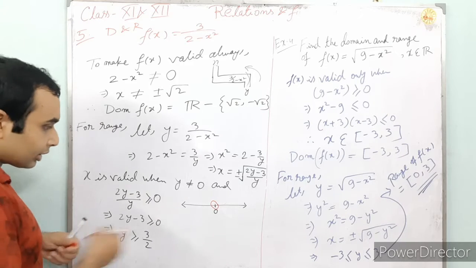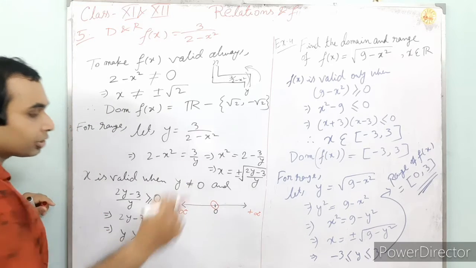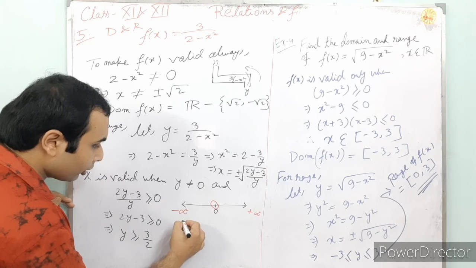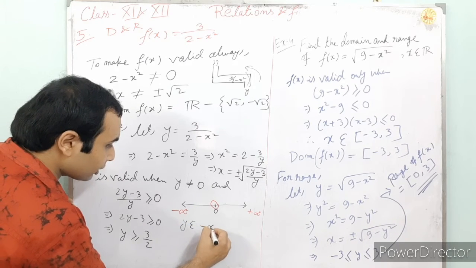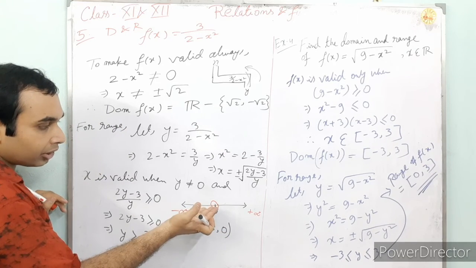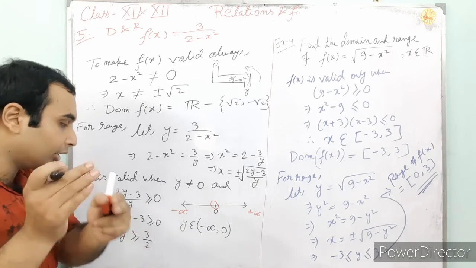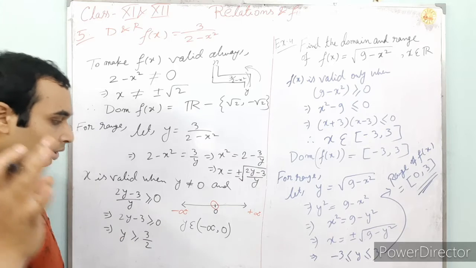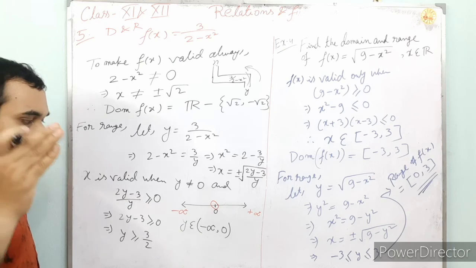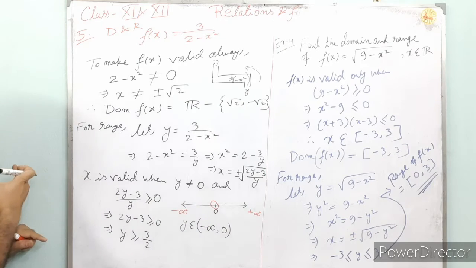So that means this is minus infinity, this is plus infinity. So minus infinity to 0 we are getting. So where y is valid? First of all we have got y belongs to minus infinity to 0 at this total range, but it will not take the value of 0. Just very near to 0. Actually this is the concept of limit. Just after this chapter we will do the limits. So it will not take the value of 0 but very near to 0 and all the negative values.